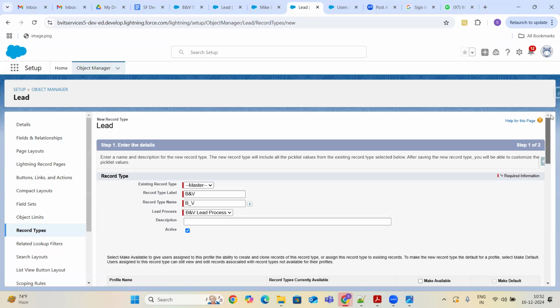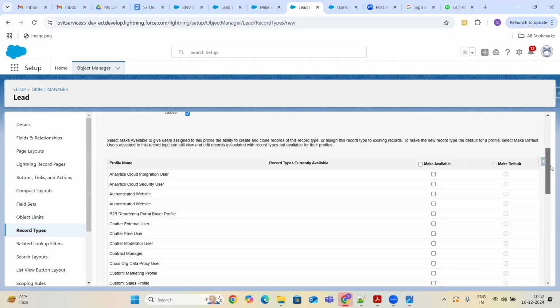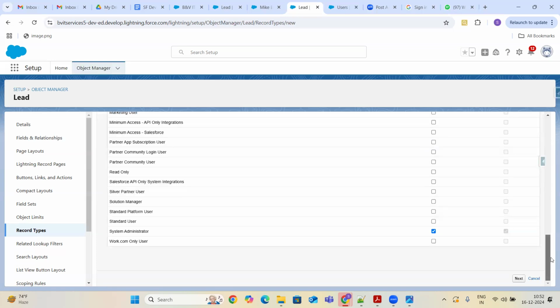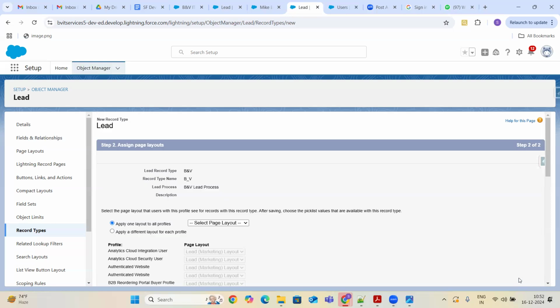Then I'm going to click on next. So what kind of page layout would you like to assign to profiles?